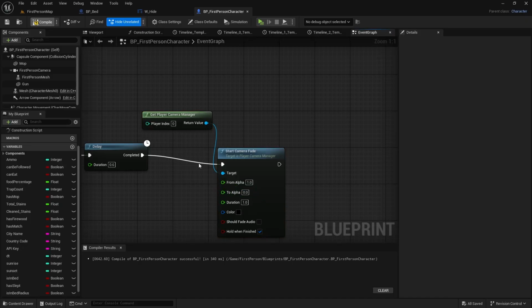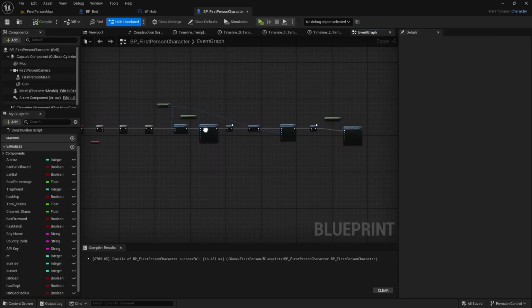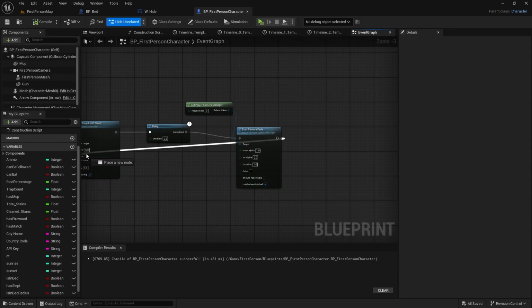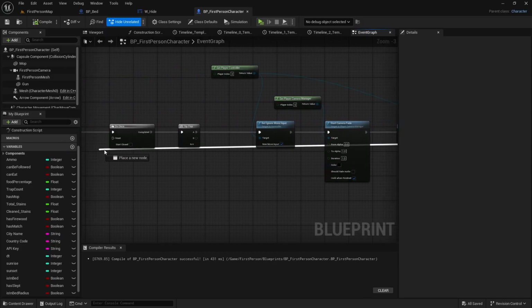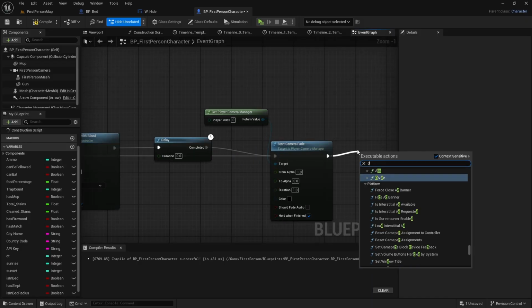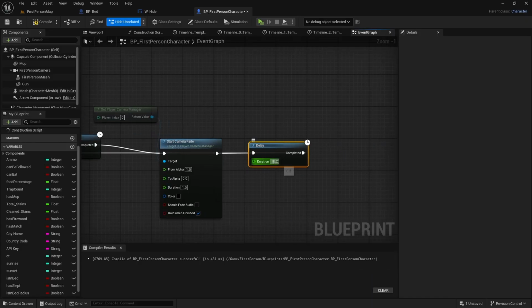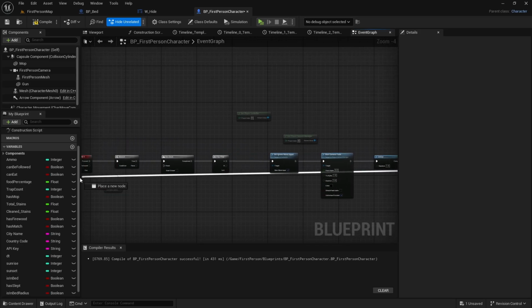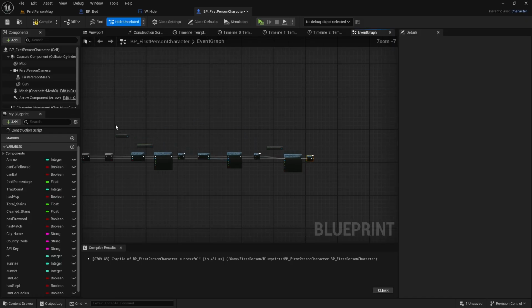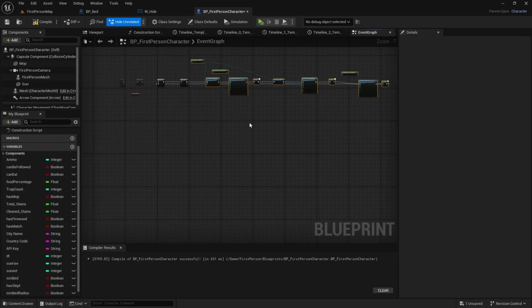Compile and save. And then we want to copy all of this, or rather first we're going to drag this exec pin into the reset, or actually first we want to call a delay 1 second, or however long this is, a little bit more, so I'm going to do 1.1 seconds. We're going to plug the completed back into the reset of the do once, and then we just want to copy all of this and paste it down here,